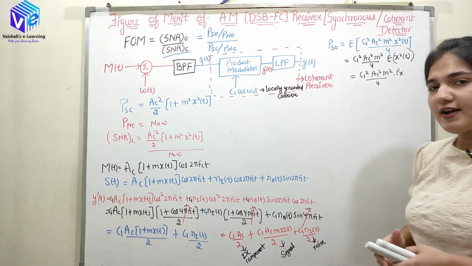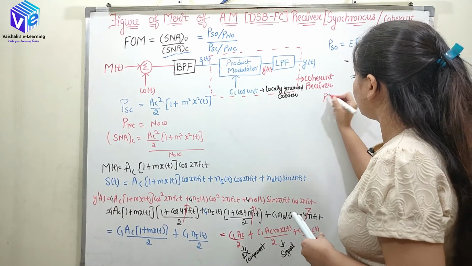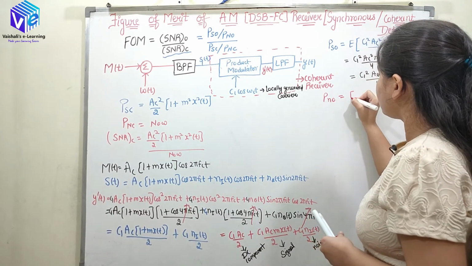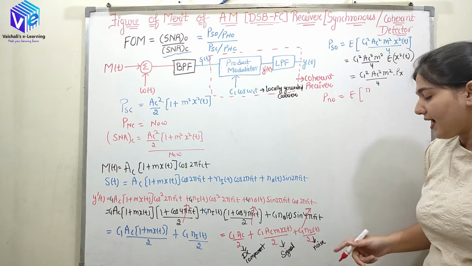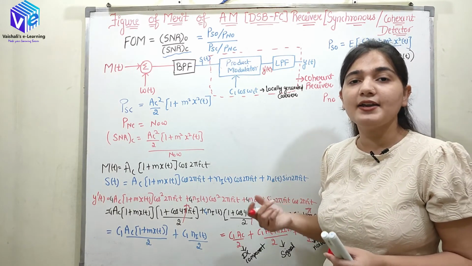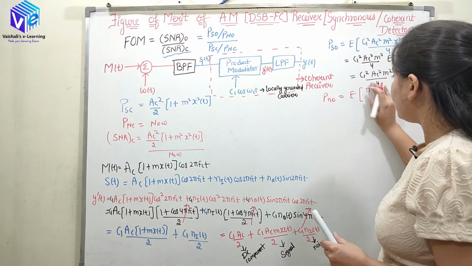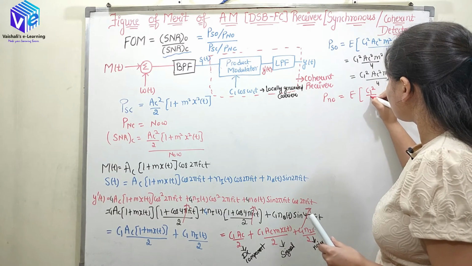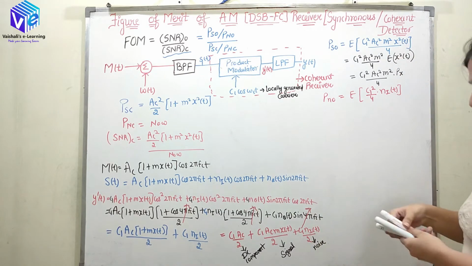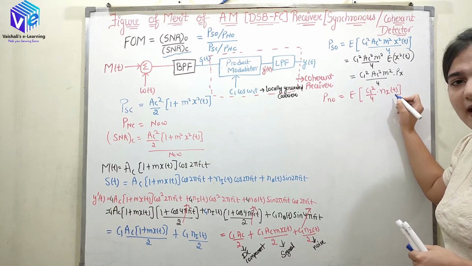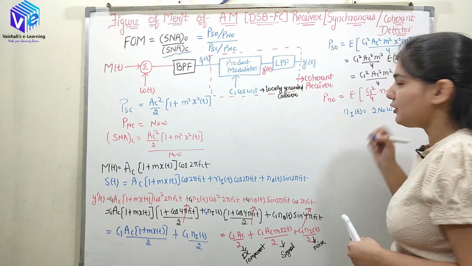Now again I need to find the noise power. Here I'll write the noise power P_No, which is represented using E of the noise signal squared. Previously I had only n_I(t), but here I don't have only n_I(t); I have c1/2 as well. So I'll take the full signal. Here I'll have c1²/4 times n_I(t). Now we know n_I(t)'s power: n_I(t) has the power 2N0W.